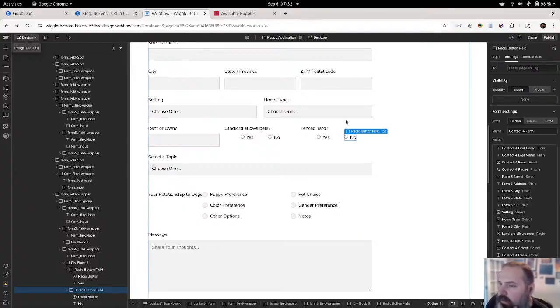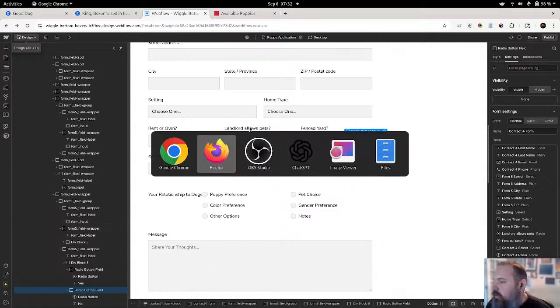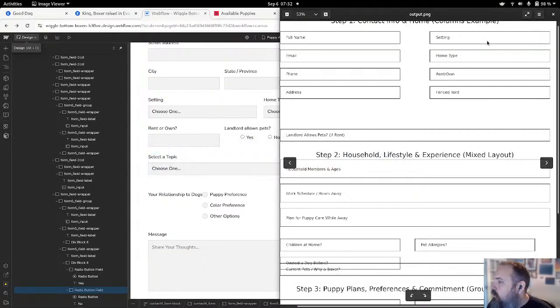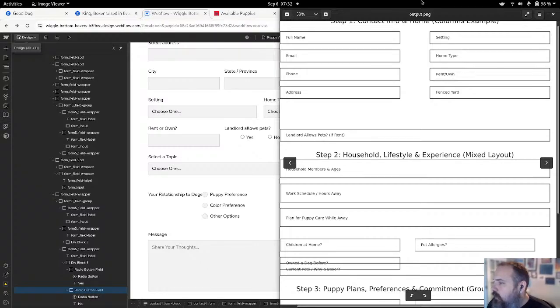All right. And next. What we got next? Fenced yard. That's the home section. We got all that. So that's done. Household is next. Household members and ages. That's gonna be weird.